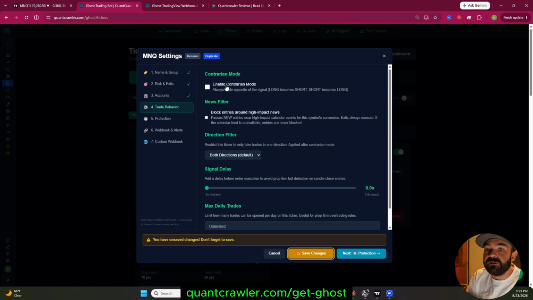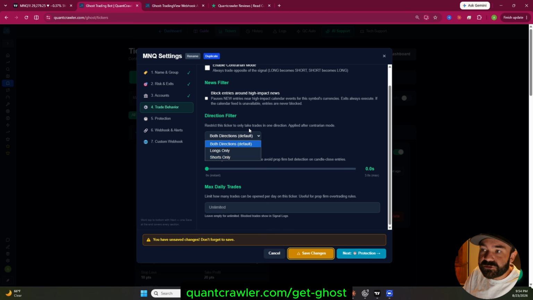It's going to go short. It's going to be contrarian. It's going to take the opposite of what it receives. You can block entries around high impact news. You can have a directional filter where you only want it to take longs or you only want it to